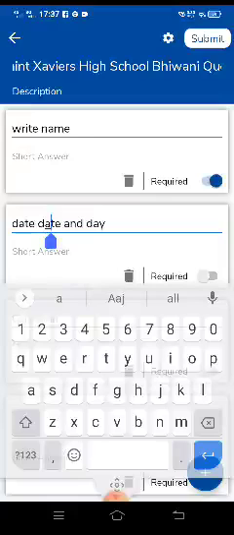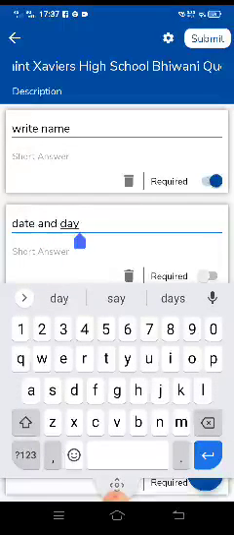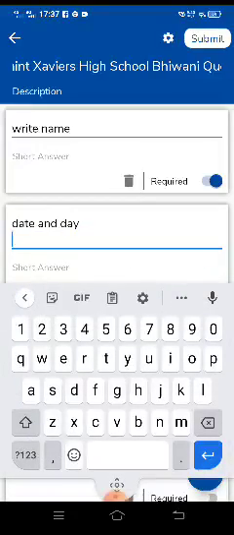As you are able to see over here, the date and day options are both written. Now we can add the questions. This is also compulsory, required. Now next.